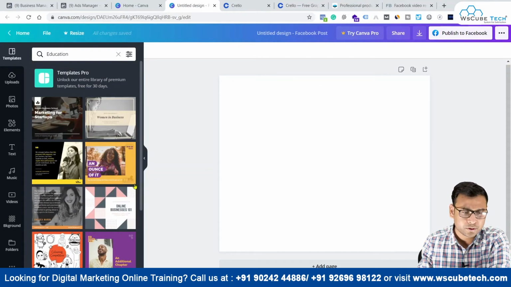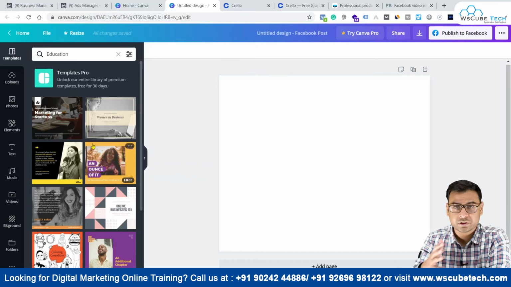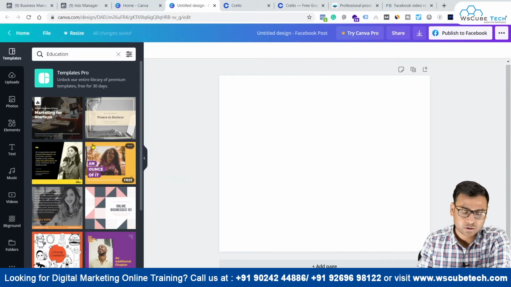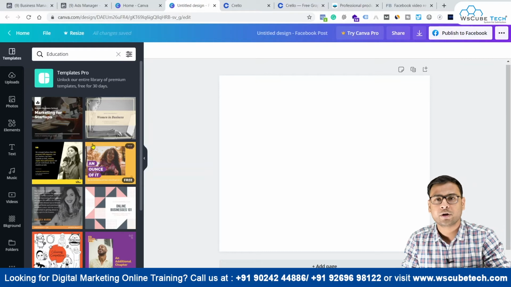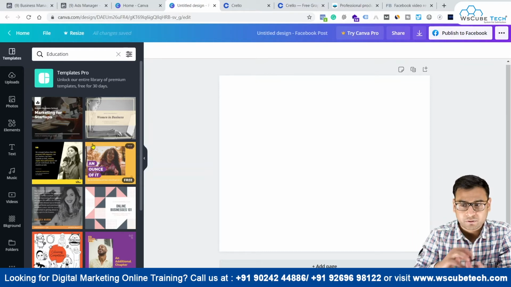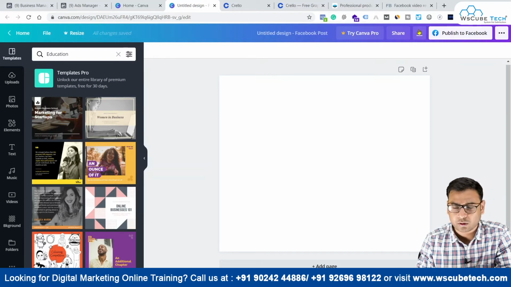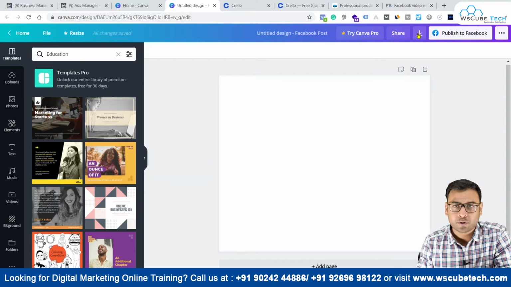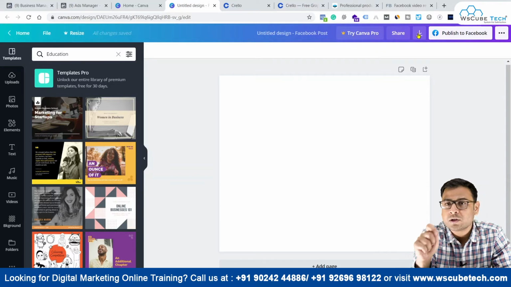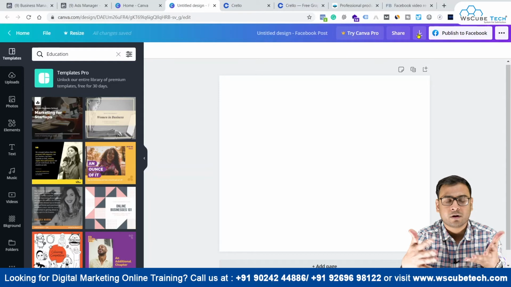You can add text, music, other elements. You can upload your photos, logos and everything on that particular template, or you can make changes on those templates also, right? So you can do all those things according to your requirement, but you have that option, right? And then you can go ahead and click on this arrow button to download it. It will give you a choice through which you can actually download in different formats.